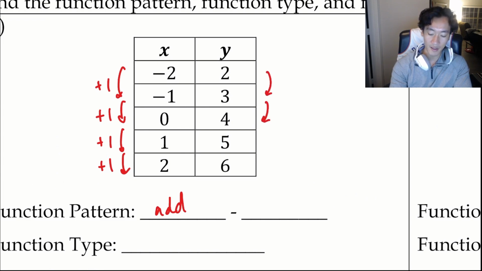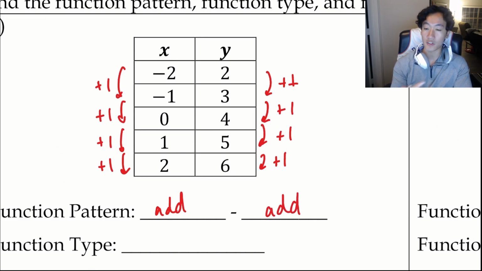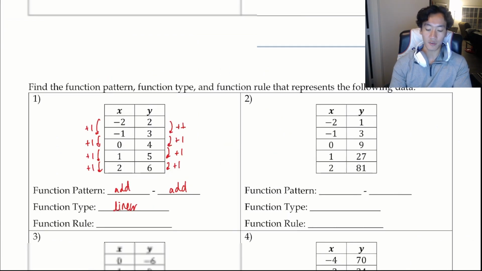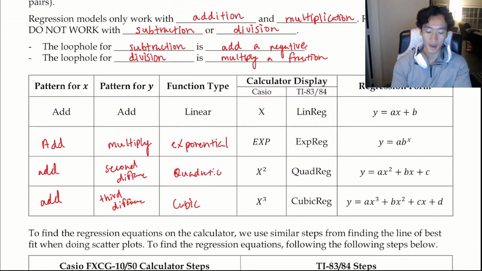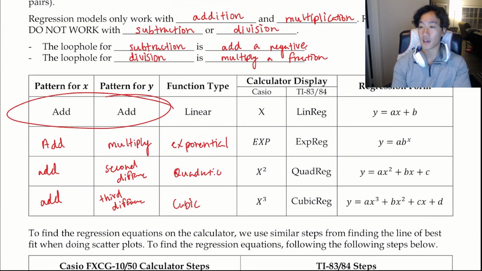And we can notice immediately as well, they follow the same pattern, right? We're already adding 1 each time. And so this is a pretty quick indicator, right? This is add, which determines my function type to be linear. So essentially, I'm just using the ideas from this table here. Add, right? If I have the same pattern, add for the x and y, I can claim that the function